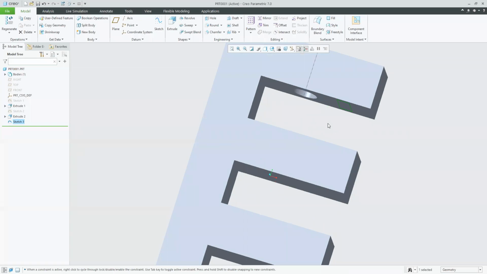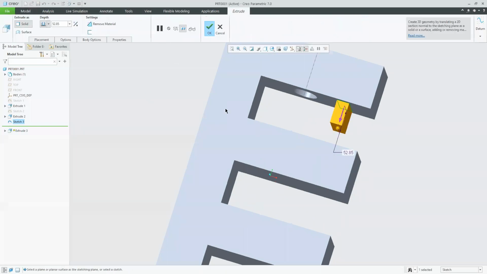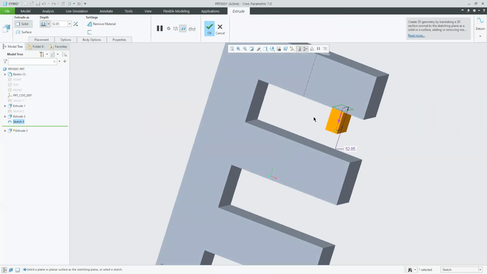Again, not concerned with the dimension. So now I will click on extrude. This extrusion is till this surface, which is the next surface. So here I will click on up to next surface, and it is going to push that material up to the next surface.